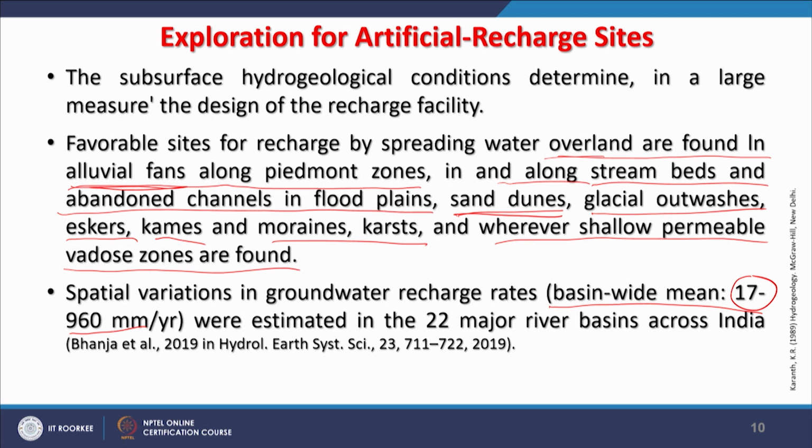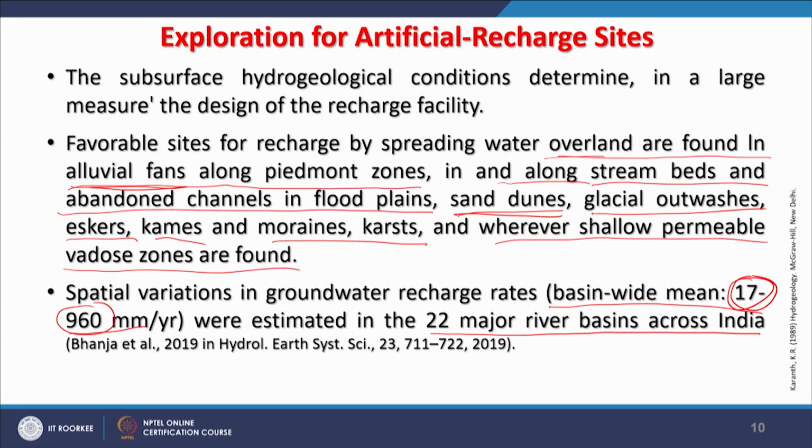These were estimated in 22 major river basins across India, and we know that spatial variations exist in groundwater recharge rate. Why? Because lithology is different, rocks are different all over the places. Therefore, the range of groundwater recharge varies extremely, starting from 17 millimeter to 960 millimeter per